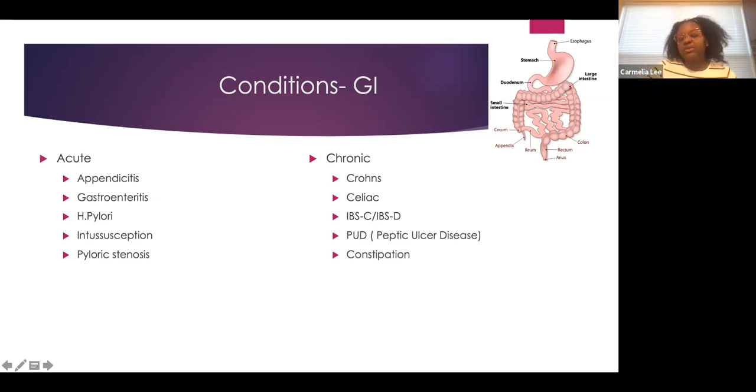Some chronic conditions that you'll see in this population is Crohn's. This can start in childhood. With that, a lot of it is abdominal pain and diarrhea. Celiac disease, you can start seeing signs of that. Some symptoms of that are diarrhea, decreased appetite, stomach aches, and bloating. Growth can be affected, if a child is slow to progress on their growth curve, and weight loss. Most commonly, this is diagnosed between 6 months old and 2 years old, as the children are progressing with their diet and more gluten items are introduced in that diet.